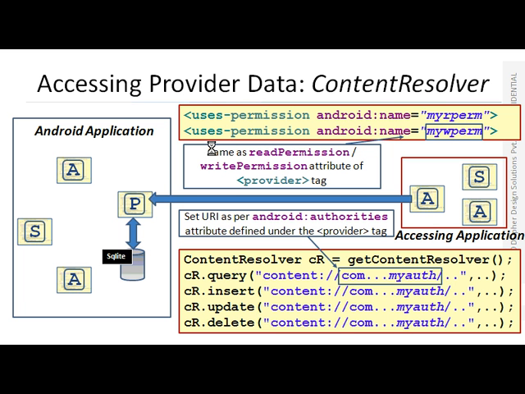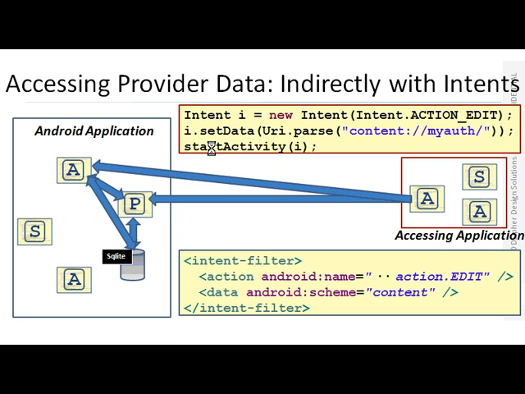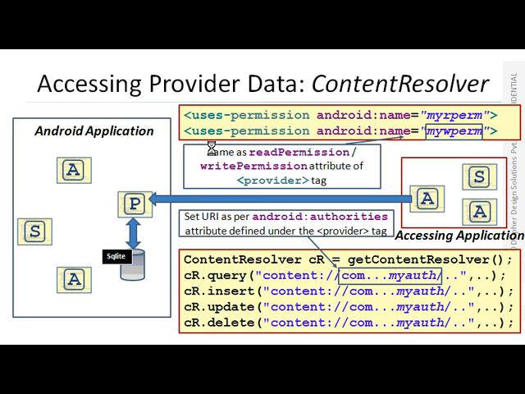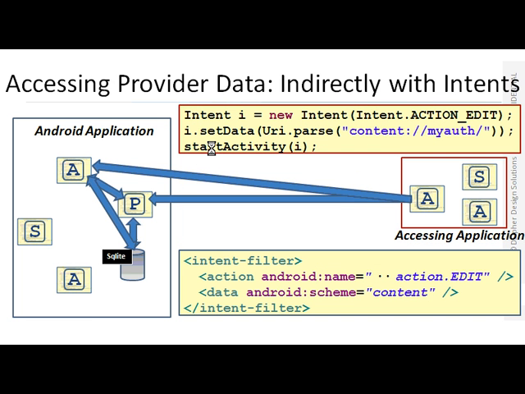What the content provider will do internally is change the permissions of the files of your application. Suppose you want to share a file of your application with other applications. If you have implemented a content provider, it will internally change the permissions of those files, so the other application will not get direct access to those files. And as we know, the content provider is one type of application component. It can also be done with an intent.